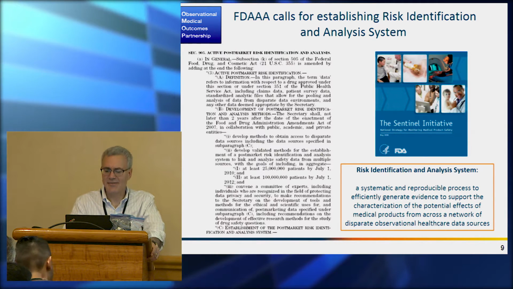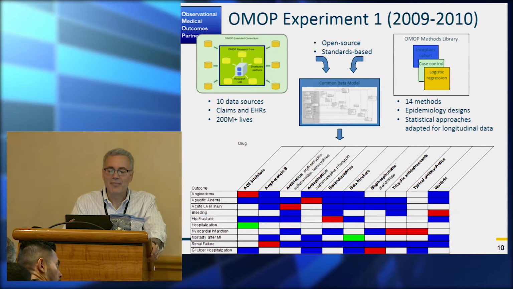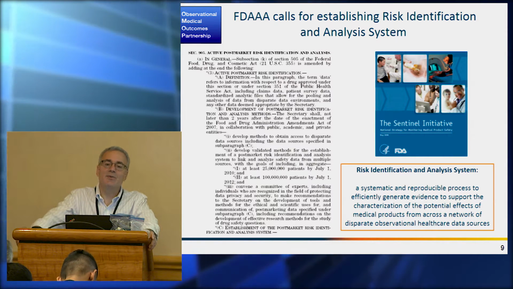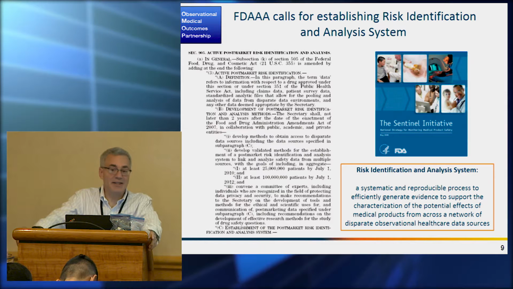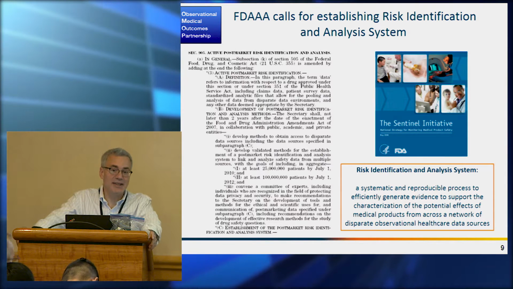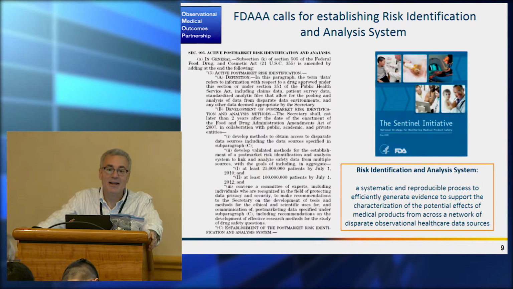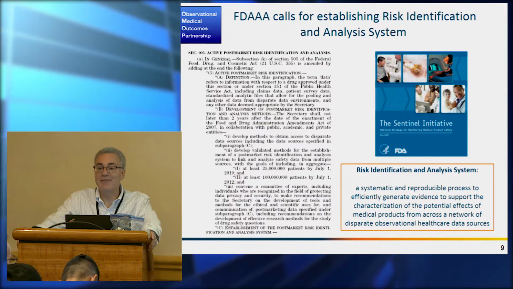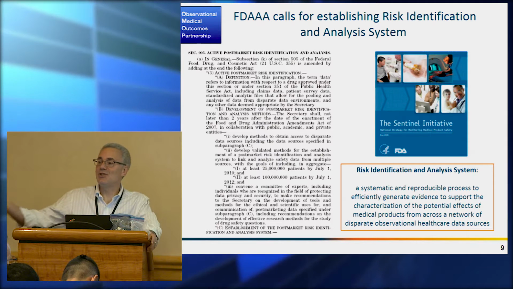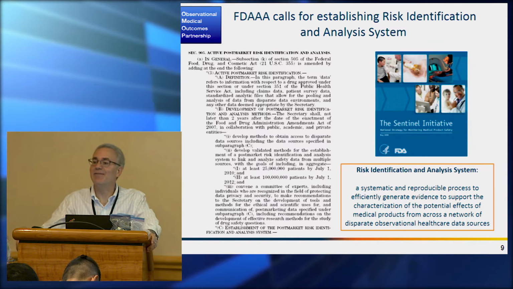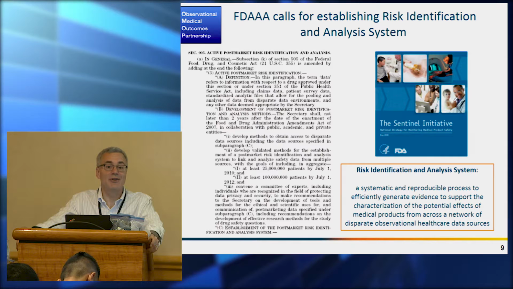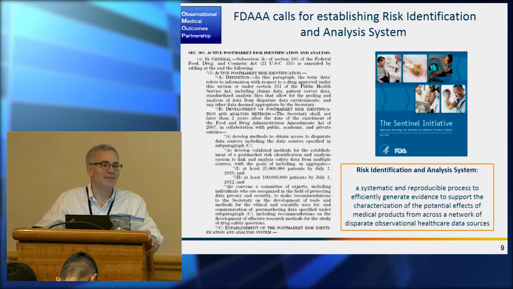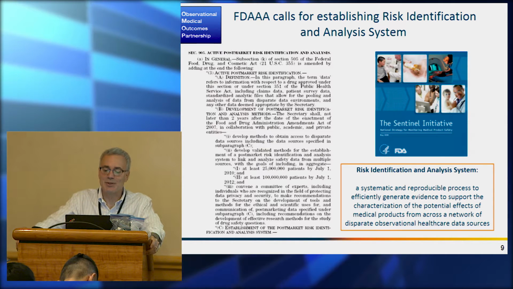That's a risk identifier and analysis system. In parallel with this, the question is if you create a system, what was that system going to do? What it was going to do is get a bunch of databases, mostly claims data, put them in a common data model that became known as the Sentinel model, and do pharmacovigilance on it, looking for signals. Well, the problem is if you start looking for signals, how many should you take? Which signals are reliable? They didn't have the experience with these very large databases. With a very large database, every drug has a signal for every side effect if you look carefully enough. And so how do you decide which ones to pursue?